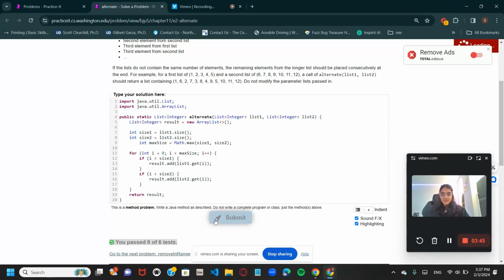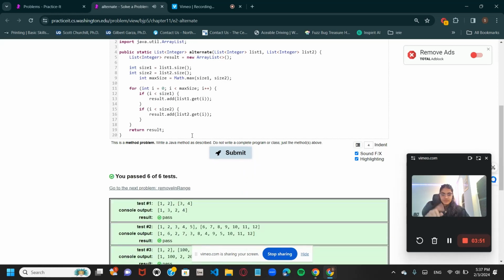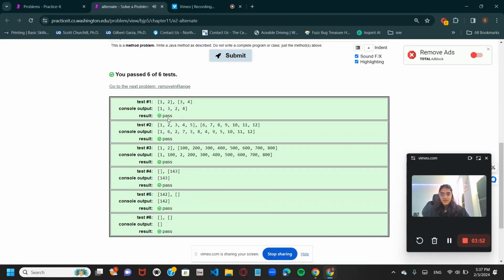So when you submit it, you're going to see that all 6 tests are passed. It's just running. Okay, as you can see, we have two lists over here. We have 1, 2 in list number 1 and 3, 4 in list number 2. So what this basically does is takes the first element from list 1, which is 1, and then the first element from list 2, which is 3, and then puts that in the result. Now the computer is going to go back because of